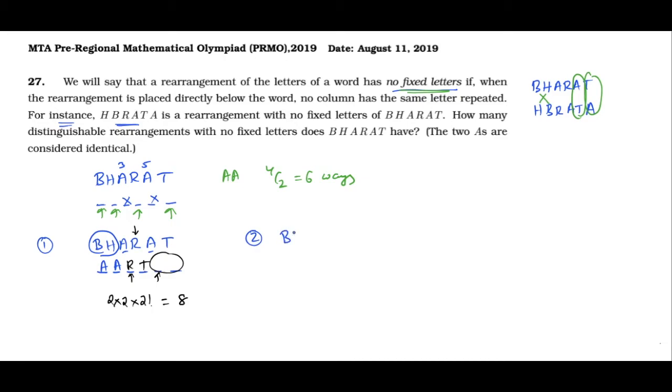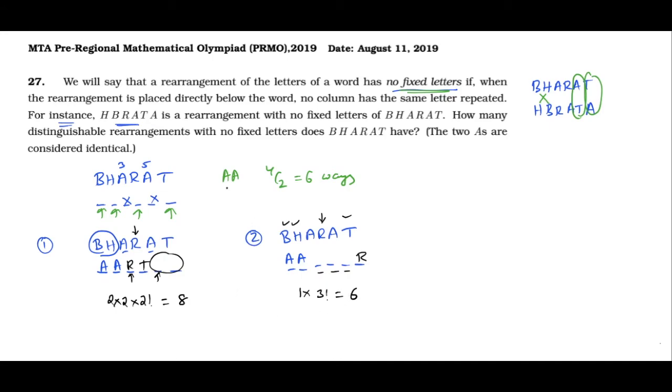In case 2, let's say A is taking the places of B and H without loss of generality, that we have already counted here, 4C2. Now again we will focus on R. So the first case was R taking the place of one of the A's. Now the second case is R is taking the place of T. That can be done in one way. Now the remaining three letters B, H, T, they can come in any of these three places in 3 factorial ways, because these three places are of A, R, A. This can be done in 6 ways.